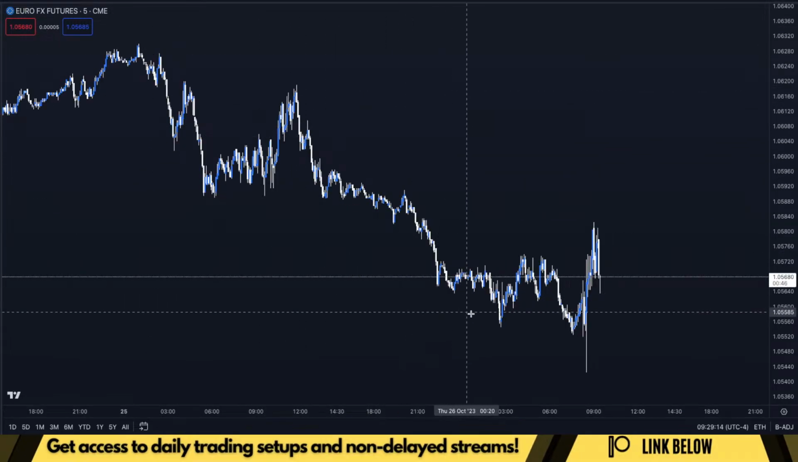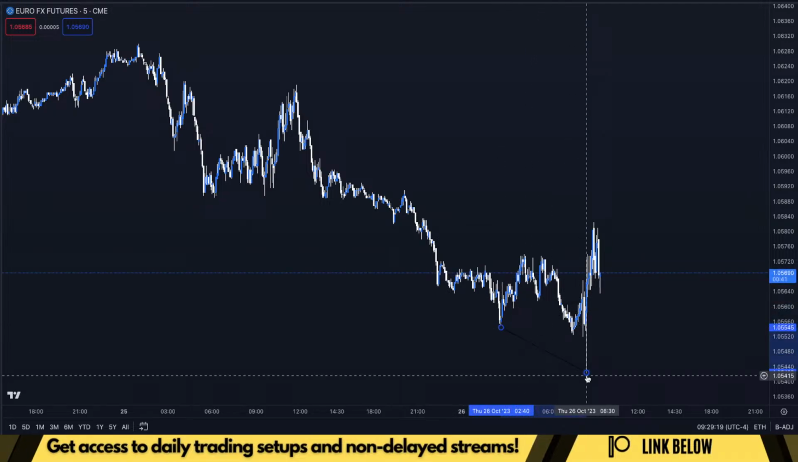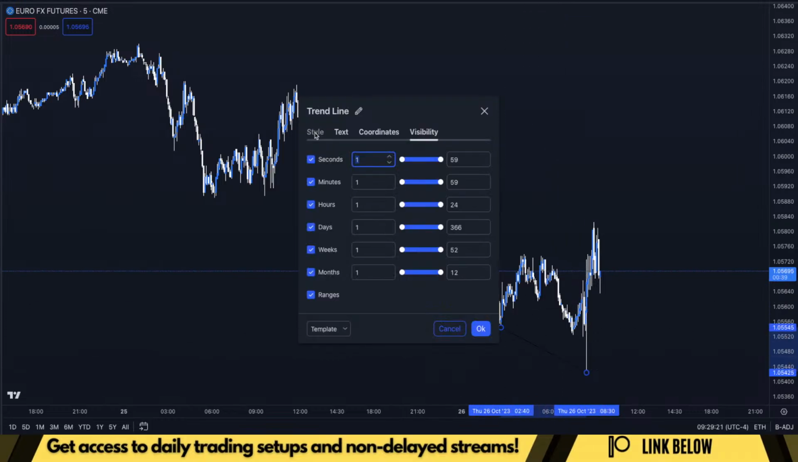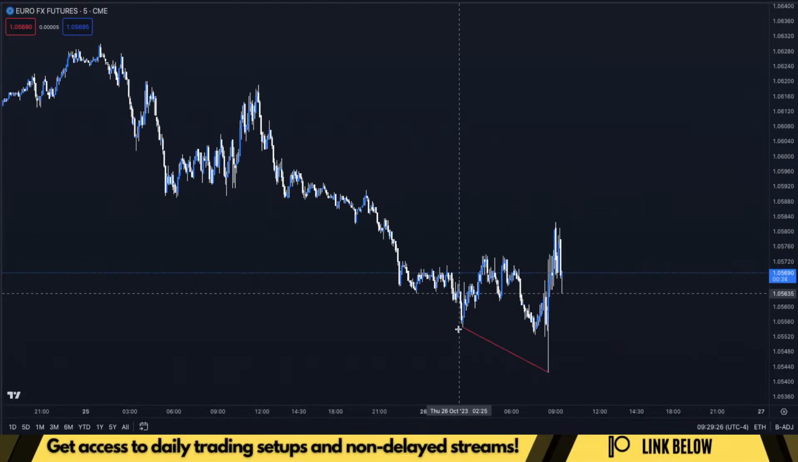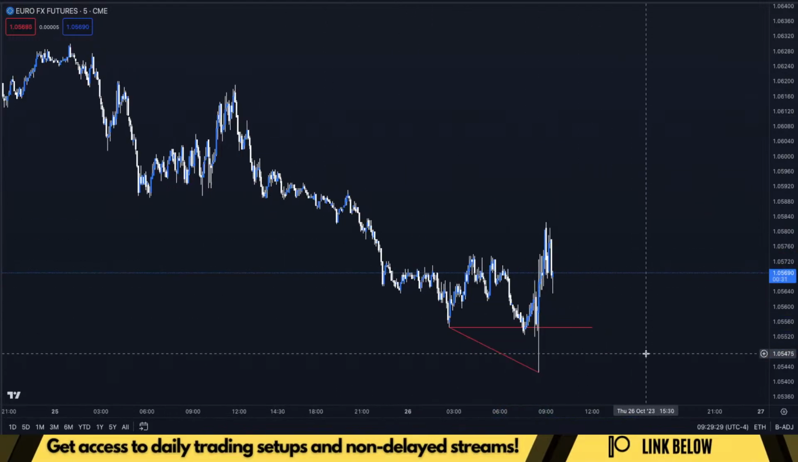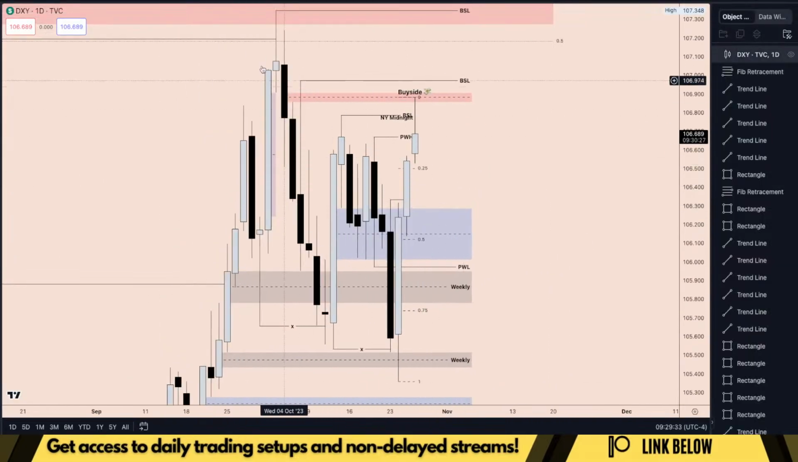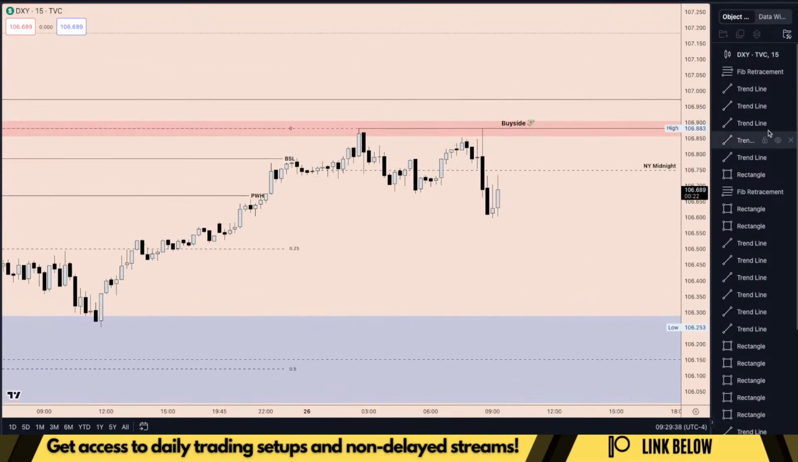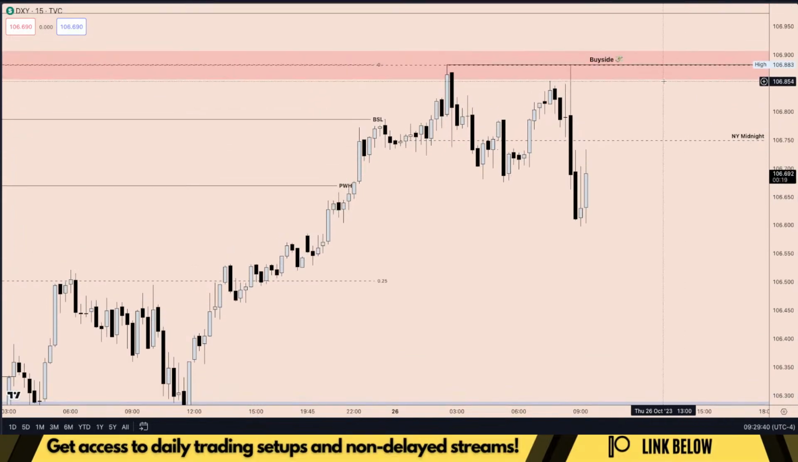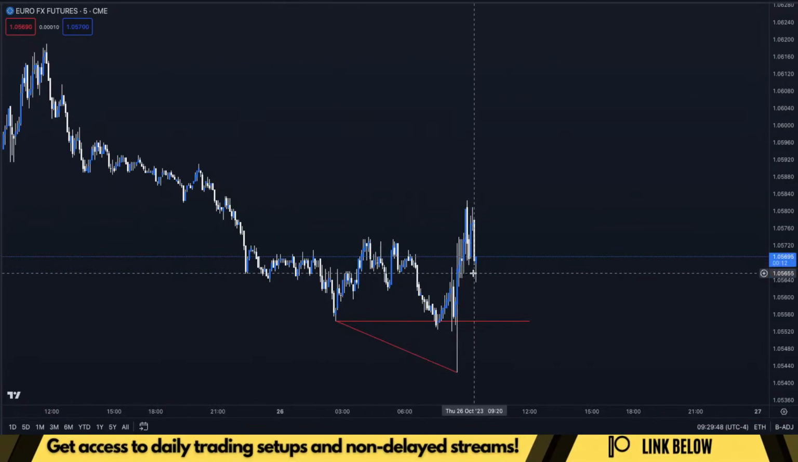So on EU, what I like is that we have SMT divergence, comparing it to the Euro US dollar. The Euro US dollar didn't make a lower low, so relatively speaking, depending on what the US dollar is going to do, if the US dollar wants to now continue back to the upside to take this equal high buy side, basically relative equal highs, and shoot back up, then we will see more downside on EU. But